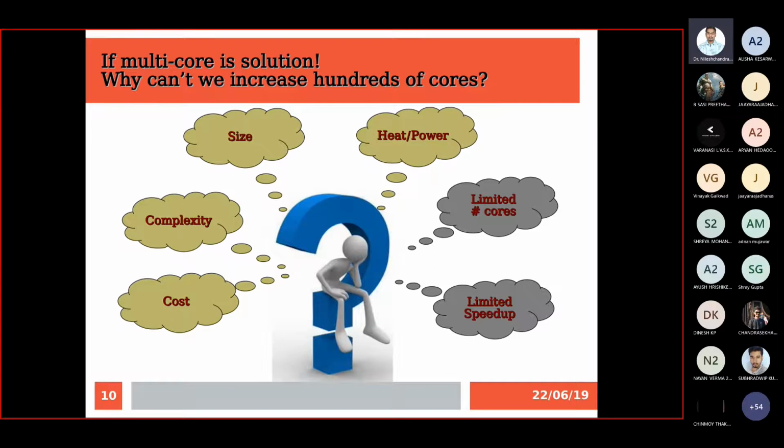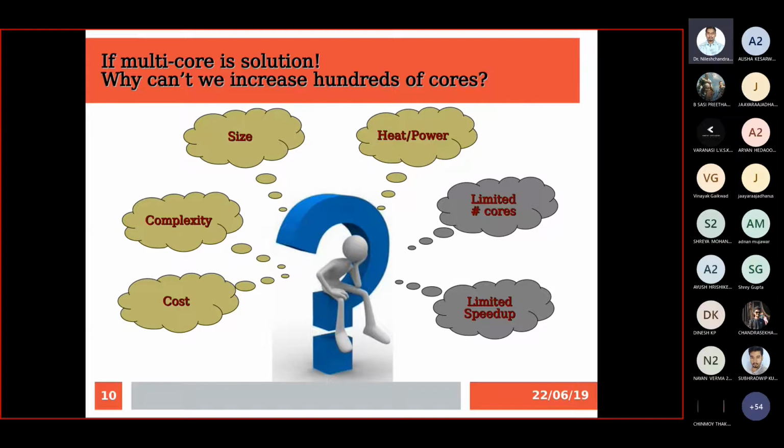Again, just a quick recap. We started with a single core system. We tried to improve the efficiency of the single core, but we saw limitations for clock frequency, transistors, etc. Then we proposed multi-core systems, where rather than a single core, we put multiple cores on a single processor. But again, there are some limitations in this case also, and these are the limitations depicted on this slide.